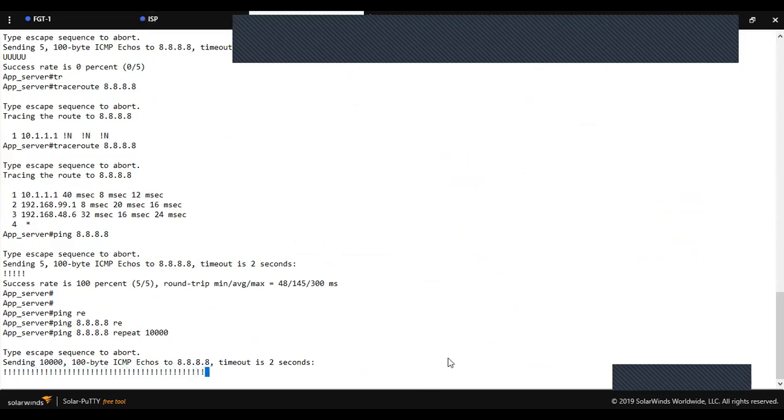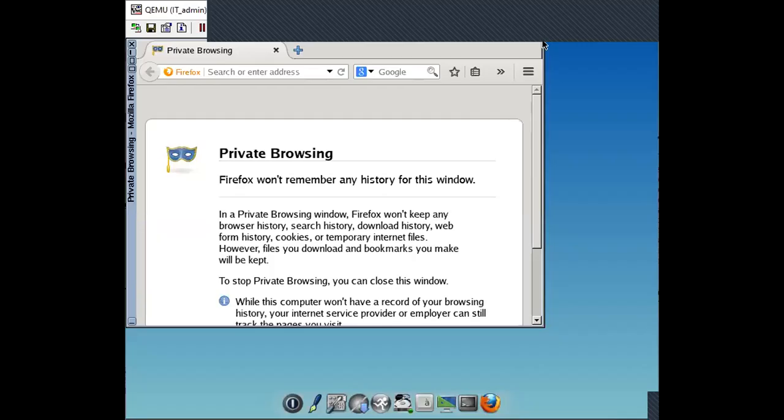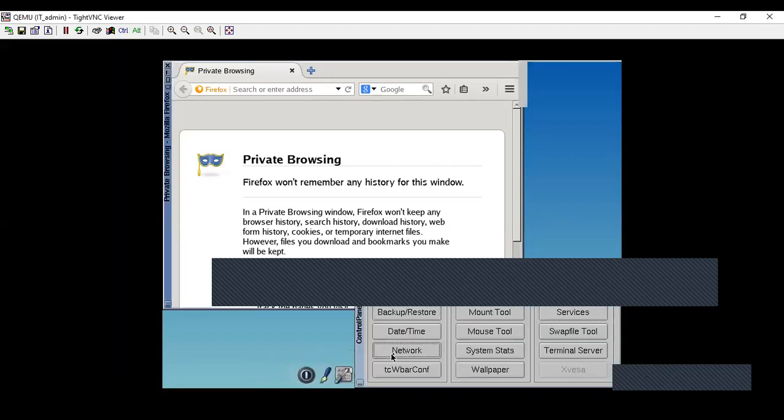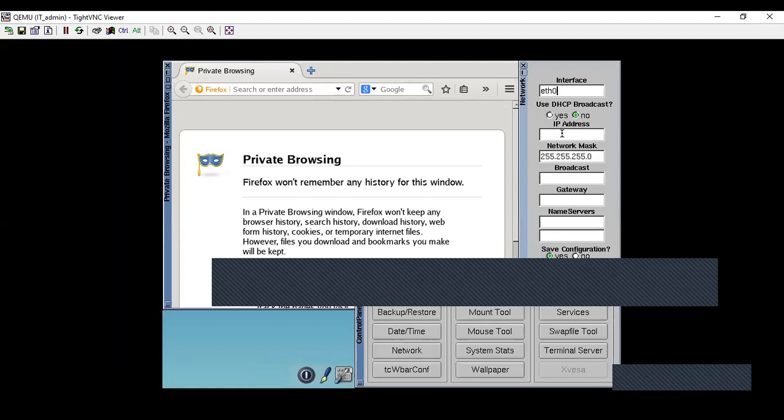So let me open the console of this browser machine and check whether an IP address is configured or not. To configure an IP address, you have to go to network settings. As you can see, the IP address hasn't been configured, so I'm going to configure the IP address.